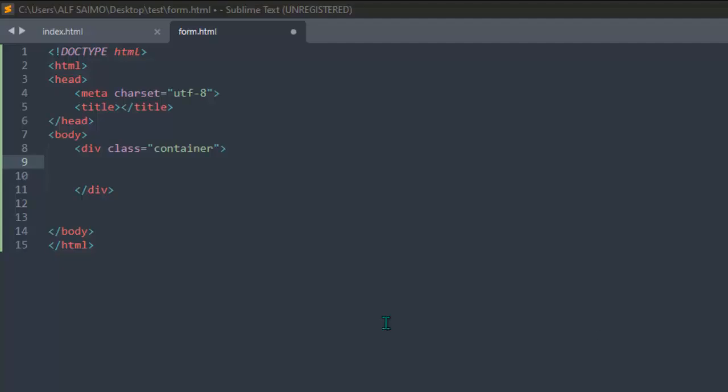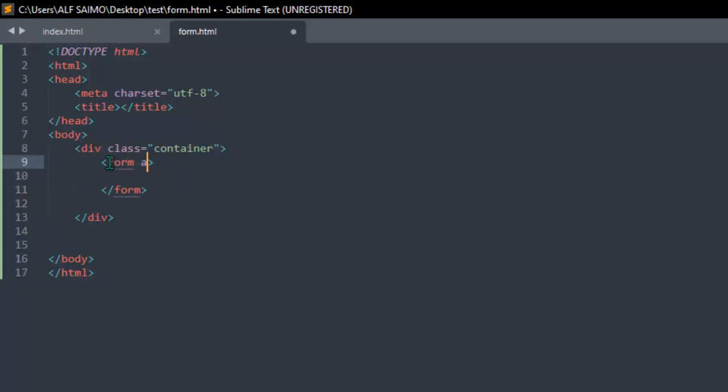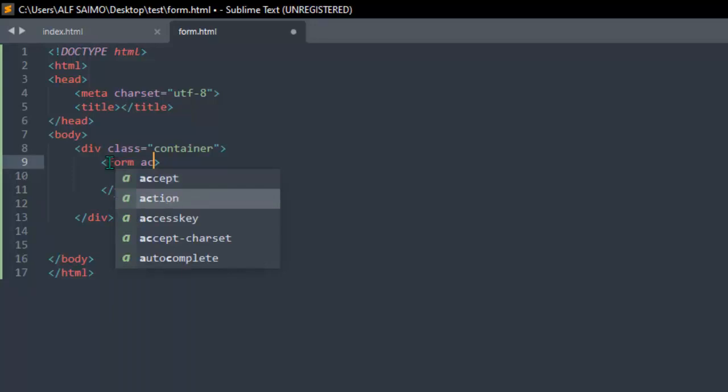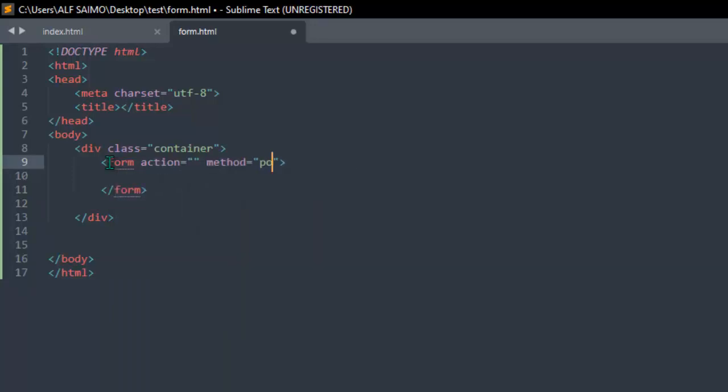So the first thing we did is to open up our div class container. Then second of all, let us open our form. This would be press tab and then enter. Within the form we have a number of attributes, like action attribute, which is going to be empty, then the method, which is going to be post. Then what we are going to do, we are going to put all our labels and their input types in different